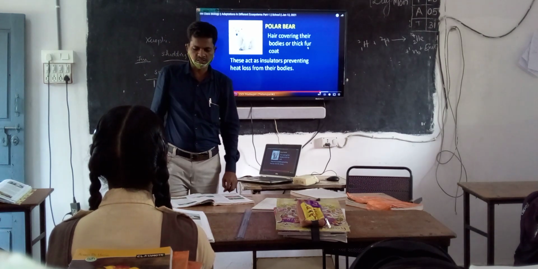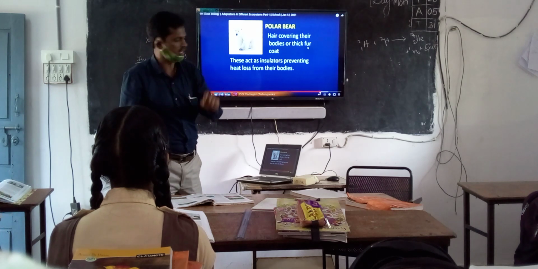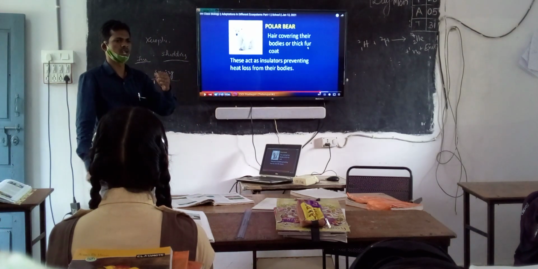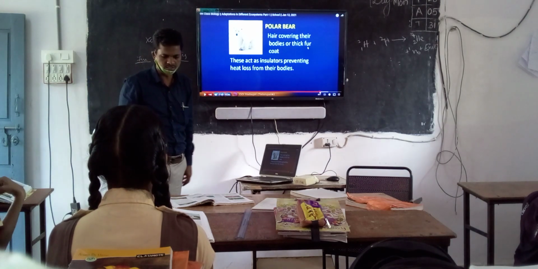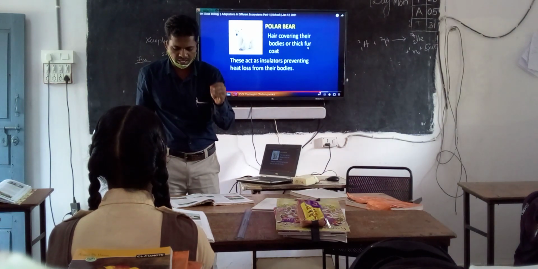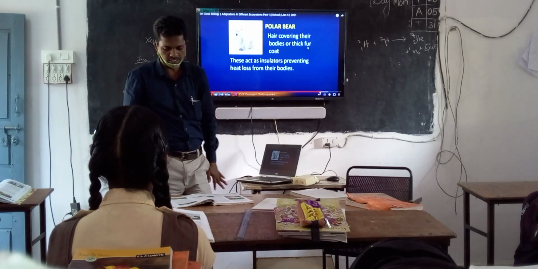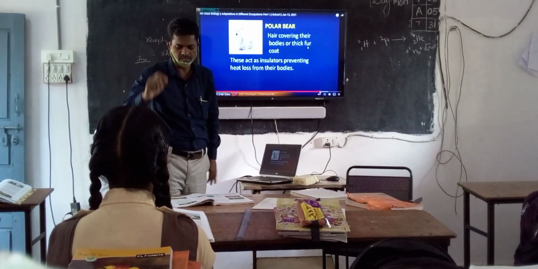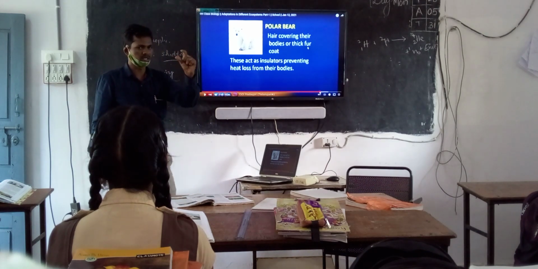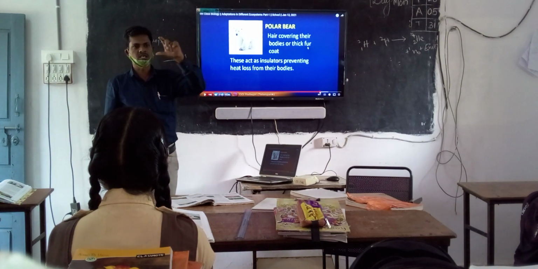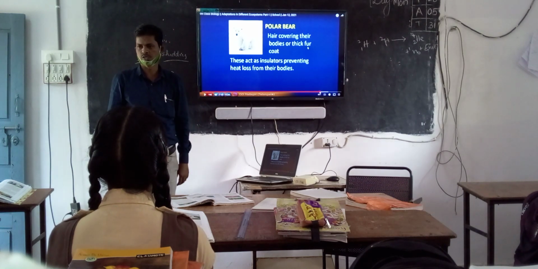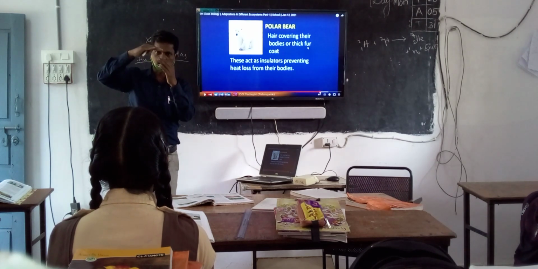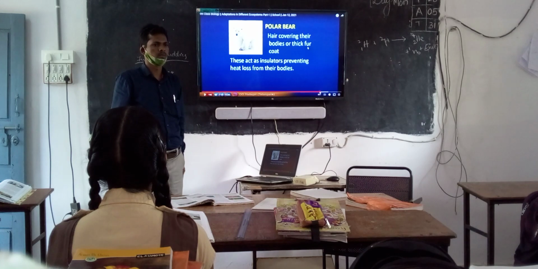Now we are going to discuss this. Animals living in these regions adapt themselves in different ways. Animals living according to different temperatures adopt different types of adaptations. They have a thick layer of fat deposited under the skin, or a thick fur coat or hair covering their bodies. Under the skin, it is filled with adipose tissue, which means fat. A large quantity of fat is stored under the layer.